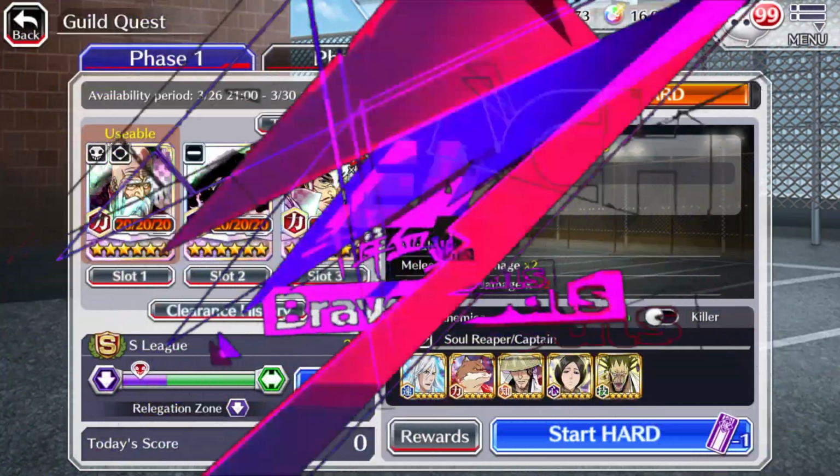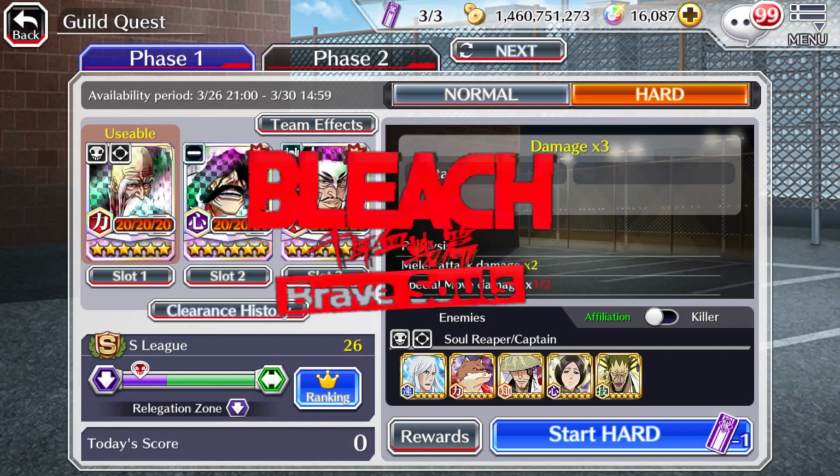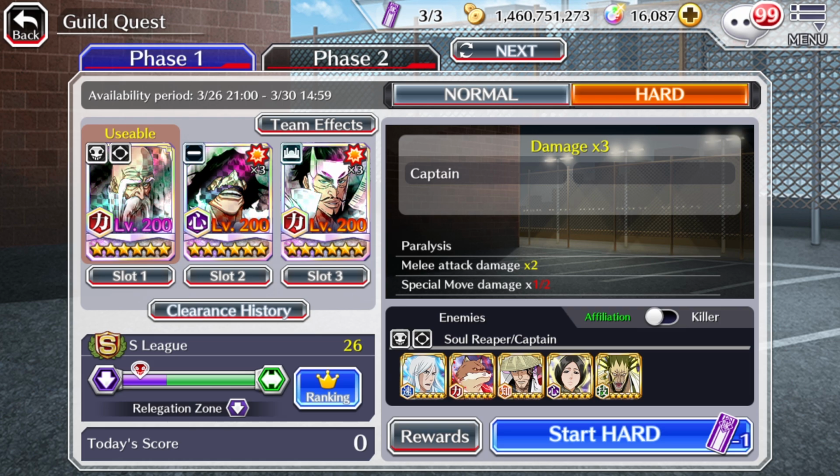Alright, so for our first video today, we are over on Guild Quest to try out this particular team that I have been using for the Captain Week, because as of right now, the Captain Guild Quest still doesn't really have a strong lead. Right now, pretty much some of the few good options are 6th Anniversary Aizen, this Yamamoto, and also Yuha. And I've also noticed that I've actually been showcasing Yamamoto quite a bit in Guild Quest, but